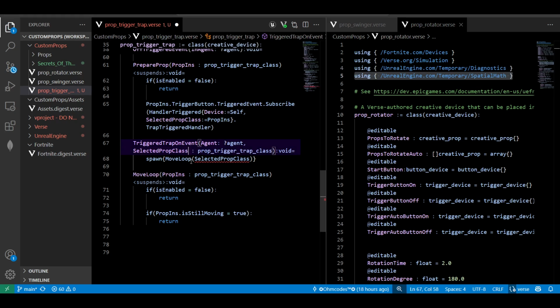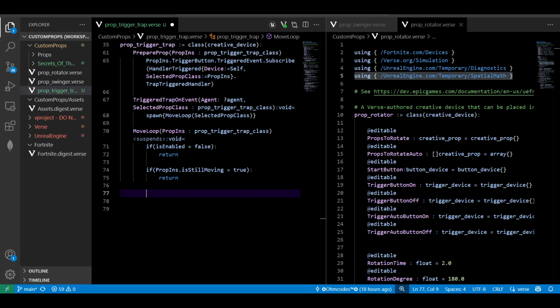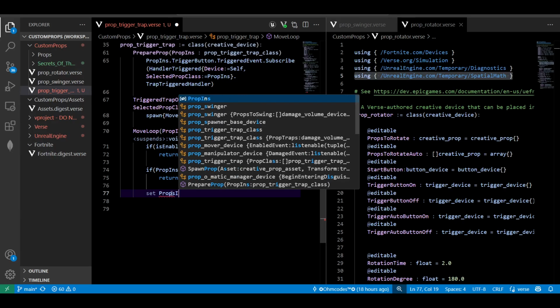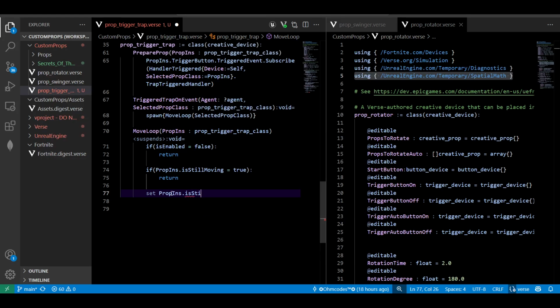Selected drop class. I'm sorry about that. I missed one S right there. Okay, so moving on. Still moving. Prop set instance. But is still moving. Okay,